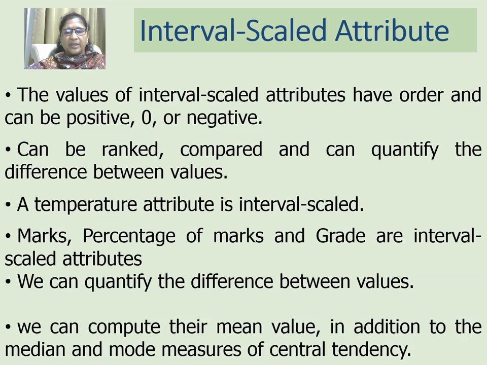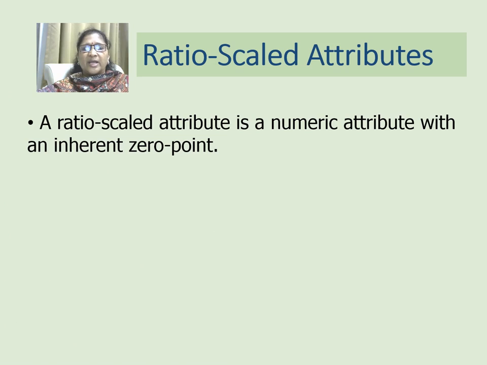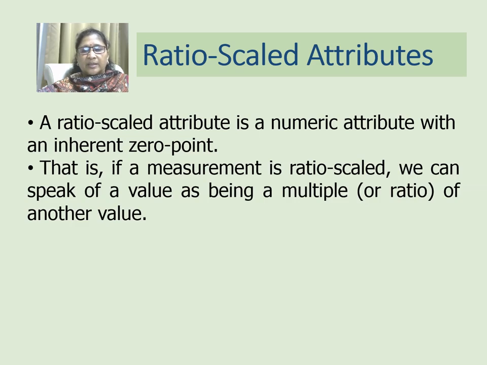We can compute mean, median and mode as a central tendency, but we cannot talk in terms of ratio. So they are said to be interval scaled attributes. In ratio scaled attribute, it is also a numeric attribute, but it has an inherent 0 point. In case of interval scaled, we had a 0, but it had a meaning that the temperature at a particular point was 0. That is, if measurement is ratio scaled, we can speak of a value as being a multiple of the other